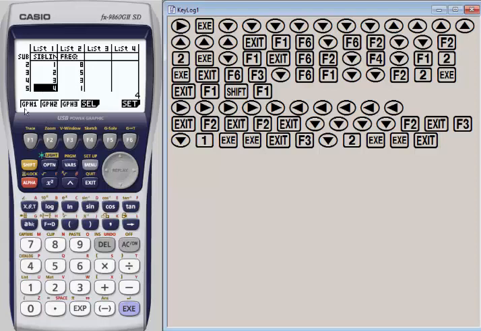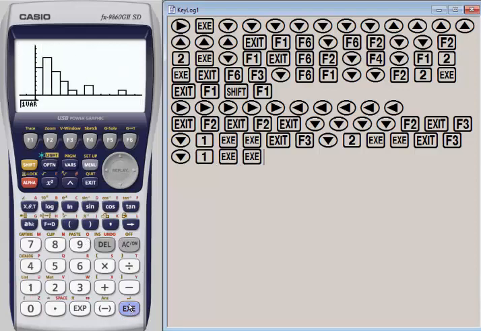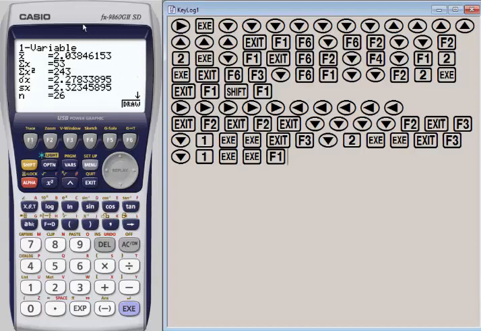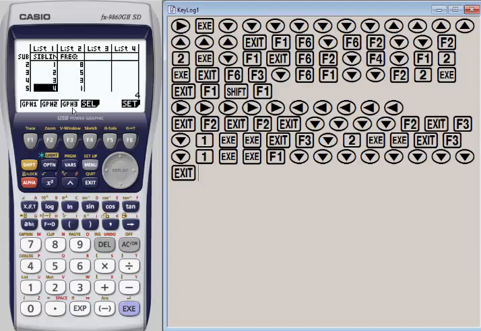When you are in the histogram, let's change that back to a 1, execute twice, and you'll notice that you have this option for 1 variable. Let's click that and see what that gives us. This gives you all the statistical measures. You'll see this arrow over here. If I continue to go down, I'm going to get the quartiles, the median, the max, and the modes. Let's hit exit. You get that when you're in the histogram, which we did for graph 3.